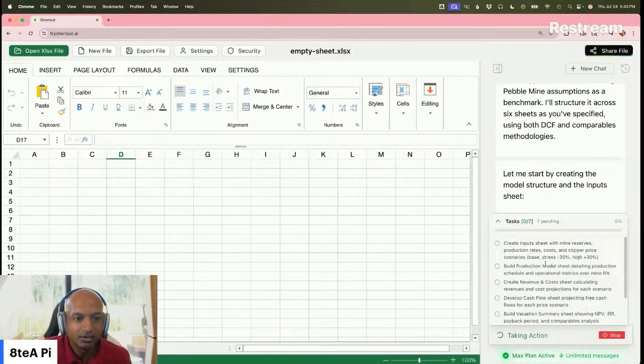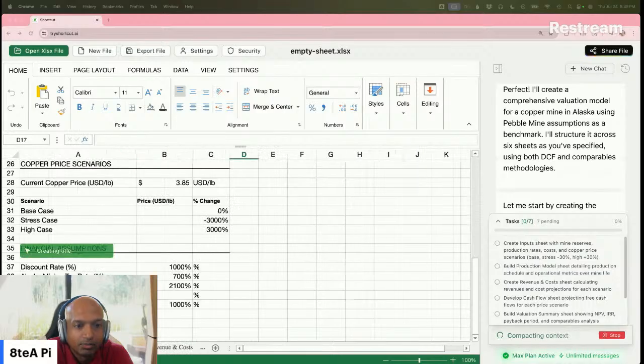Now, can I see this? Oh yes, I can see the task pending. So I think the Shortcut guys are doing multiple agents working together. So I suspect they have a coordination agent in the middle, and they have a bunch of agents as well. They're creating input sheets with mine reserves, production rates, costs, and copper price scenarios: base, stress, and high. All right, so current copper price, 3.85 a pound,